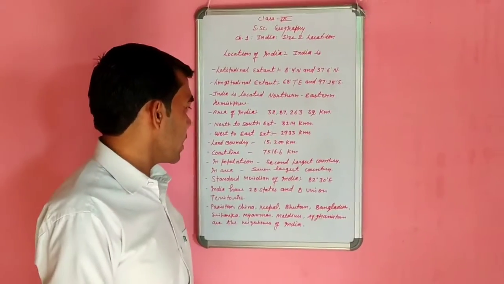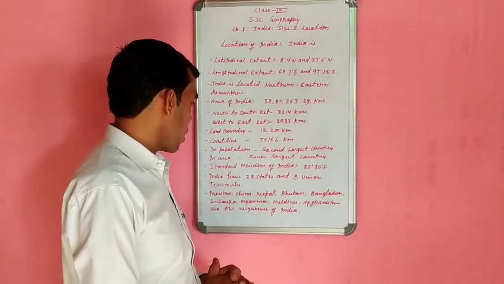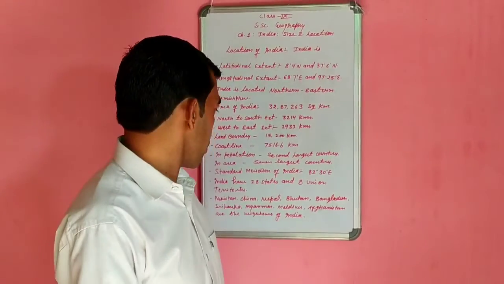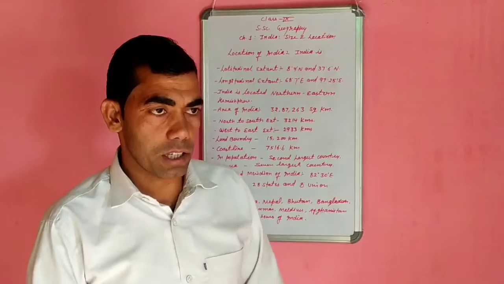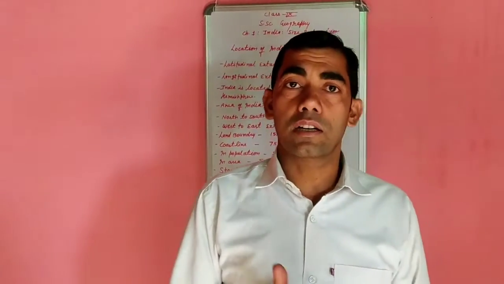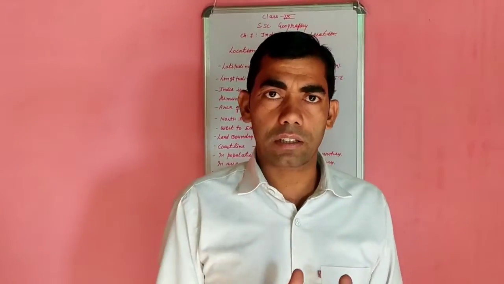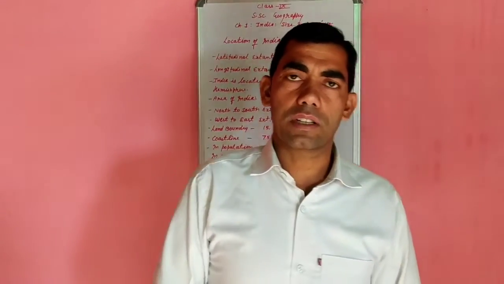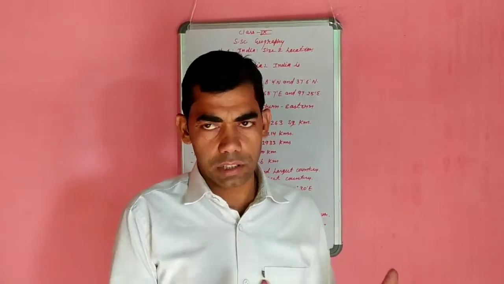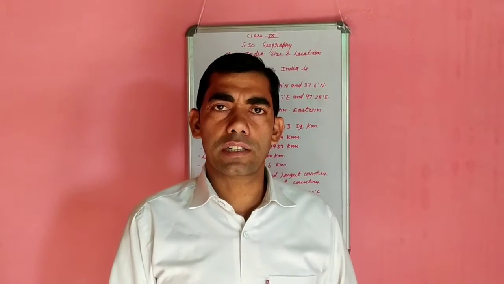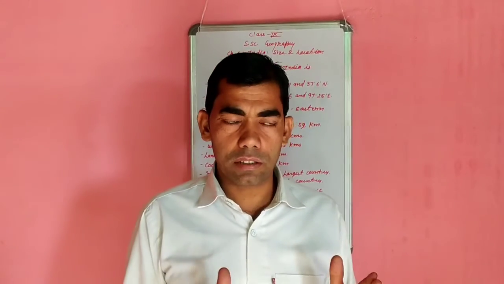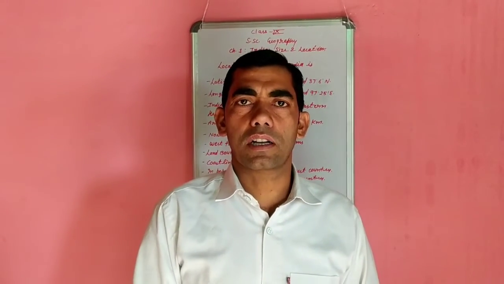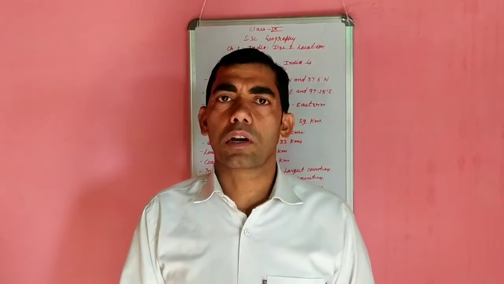India has 28 states and 8 union territories. Its neighbors are Pakistan, China, Nepal, Bhutan, Bangladesh, Sri Lanka, Myanmar, Maldives, Afghanistan, and many other countries. Sri Lanka and Maldives are the island countries near India. These are the neighboring countries, and India has good relations with all of them. India has trade routes with these countries, and from ancient times India has had extensive maritime links to other countries.